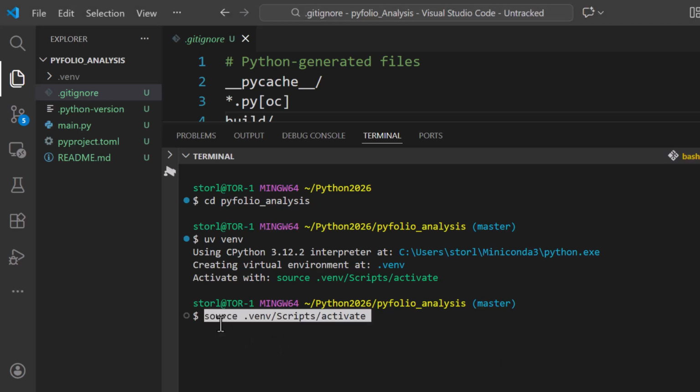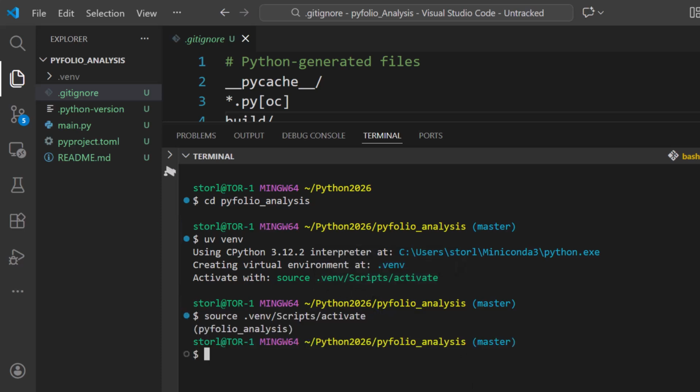So I'm going to run another command here, source .venv/scripts/activate. So let's run that. Now we're ready to start running some scripts to add the necessary Python packages we're going to need. So what I'm going to do is load yfinance so I can get some stock data. And I'm also going to install the